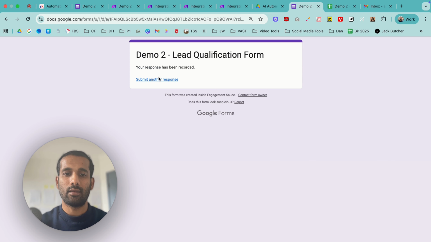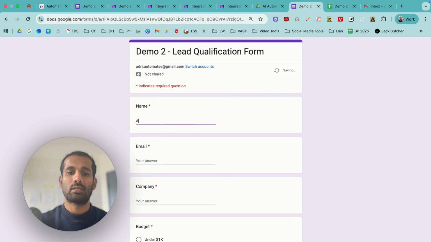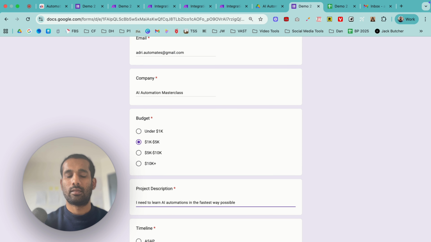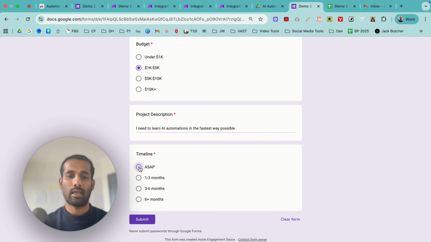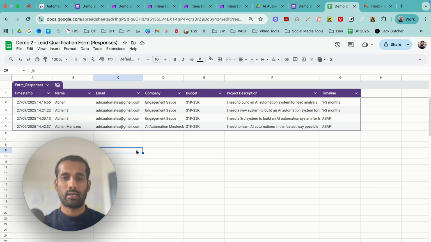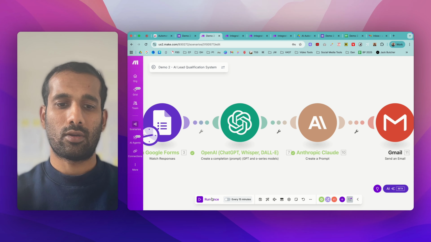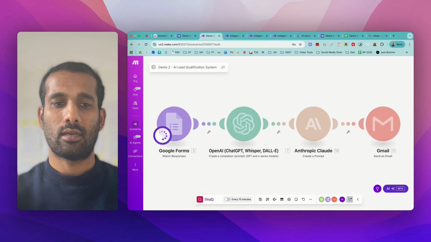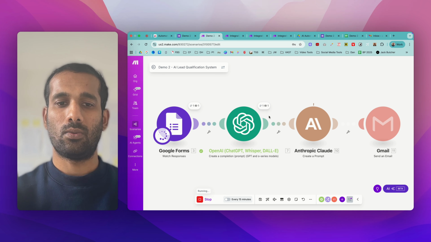We're going to come back here and submit another response. So I'm going to enter my name, say this was my project description, and my timeline. Now if I click submit, we will see that this row has been added to our Google Sheet. And if we come into our make.com automation and click run once, we find the row. It's got the GPT